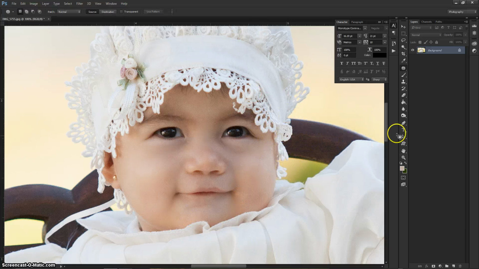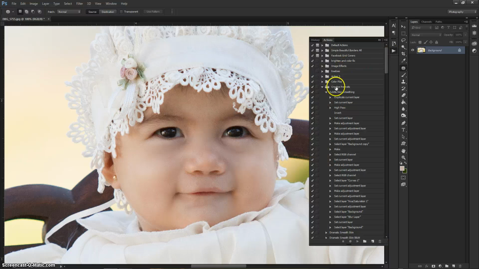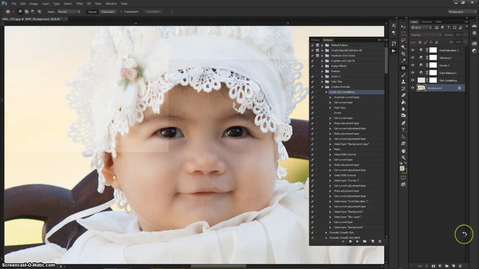Okay, so now one thing I'm going to do is run an action. It's under Creative Portraits. It's called Subtle Skin Smoothing. Running this action is great because it's going to kind of gloss over her skin as a whole. You can see it just smooths the entire thing. I don't like that part about this action, so what I'm going to do is select the